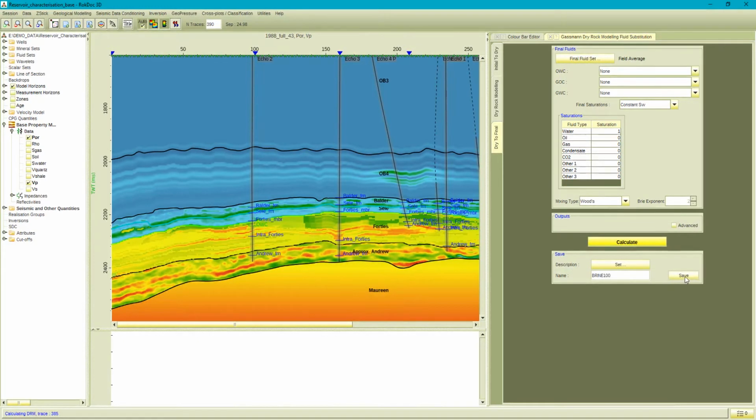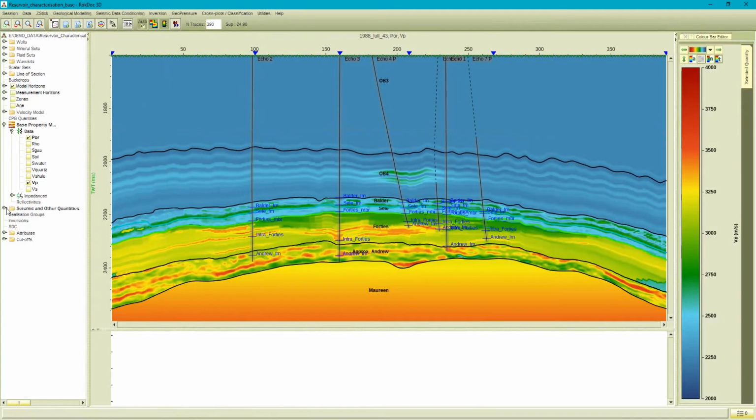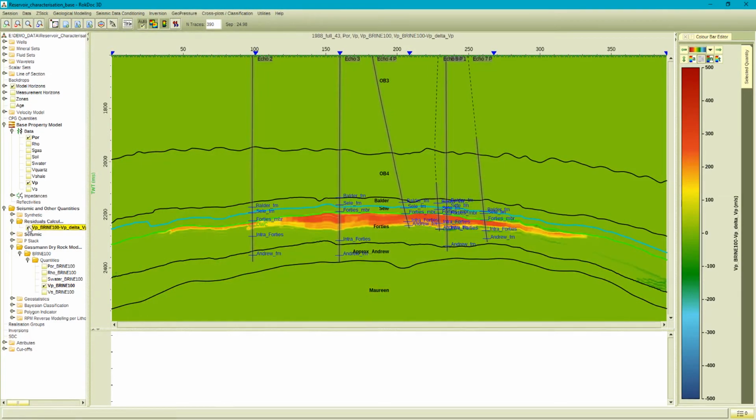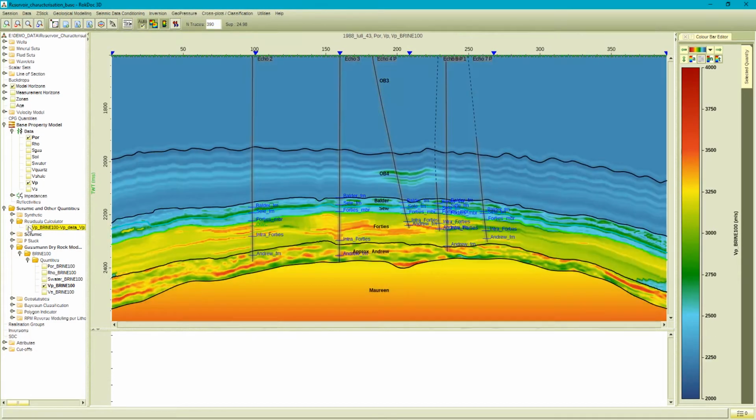Once this is done, a new recipe is saved, which allows the fluid substitution to be run on any displayed line. The difference in velocity between the in situ saturation and the 100% brine saturation is shown here. Residuals, or the difference between the two properties, can also be calculated as a recipe. Here we see the difference in velocity between the in situ saturation and the brine saturation as predicted by the